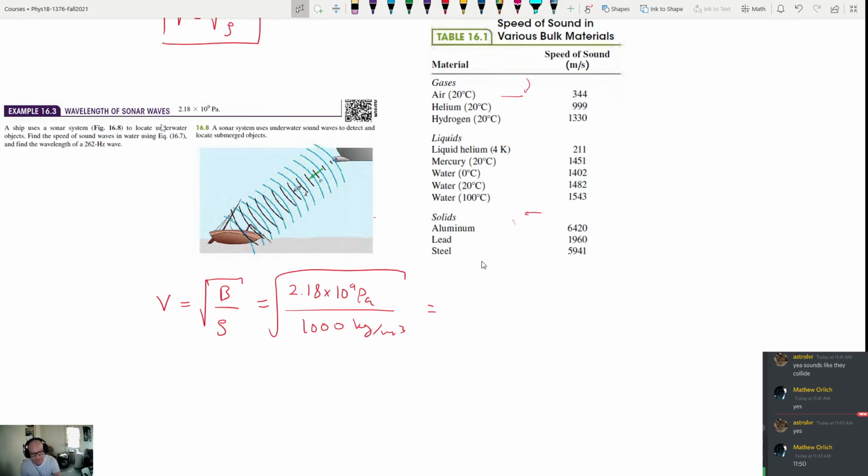We're going to do this one other problem. I know we're out of time, but we did start kind of late. So this divided by 1,000, and then we raise that to the 0.5 power. I got 1476